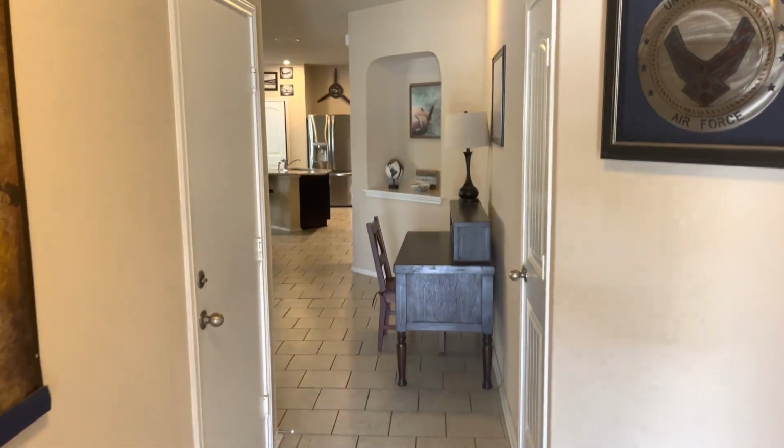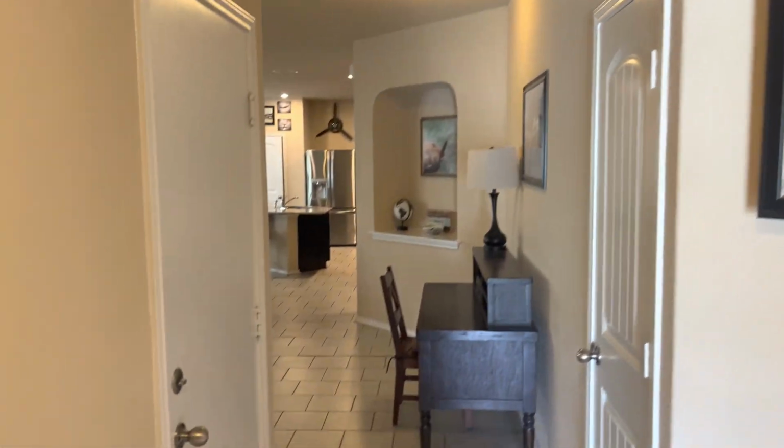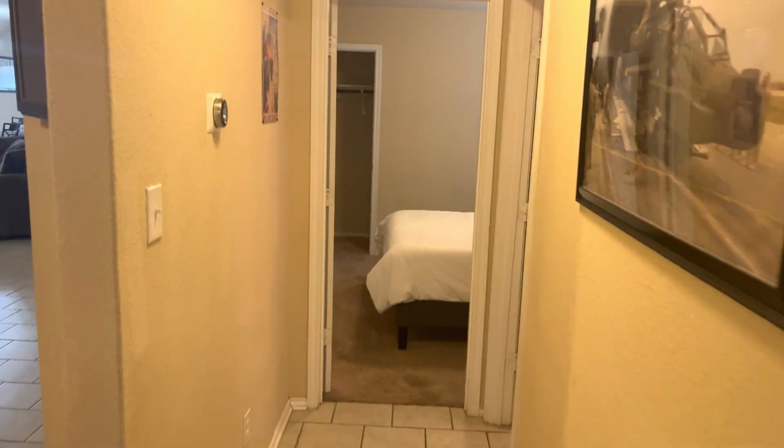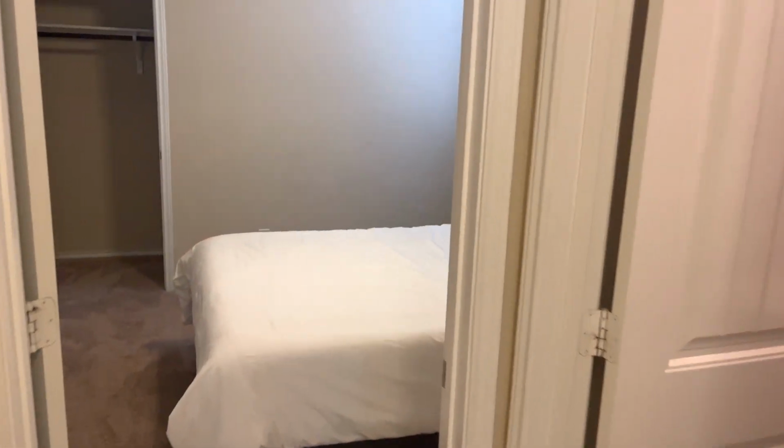Everything down here is tile. We're walking by this beautiful receiver. 2-car garage on this way. A coat closet down here. And on this end, we have a first room. Again, it's a 4-bedroom house with 2 baths. First room here, guys. All the way straight, we have our